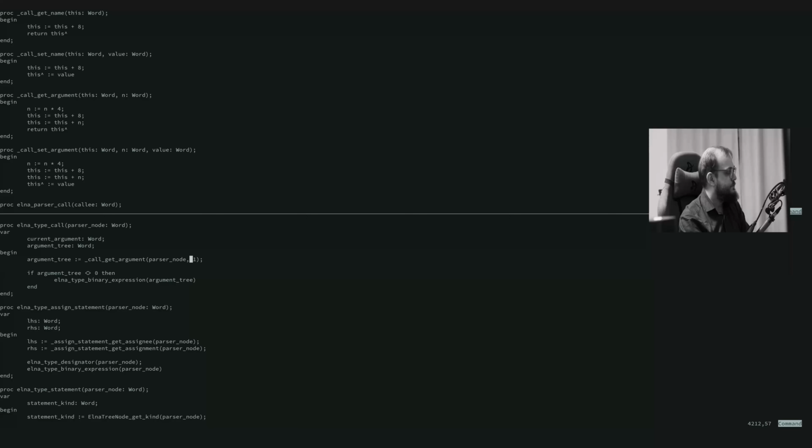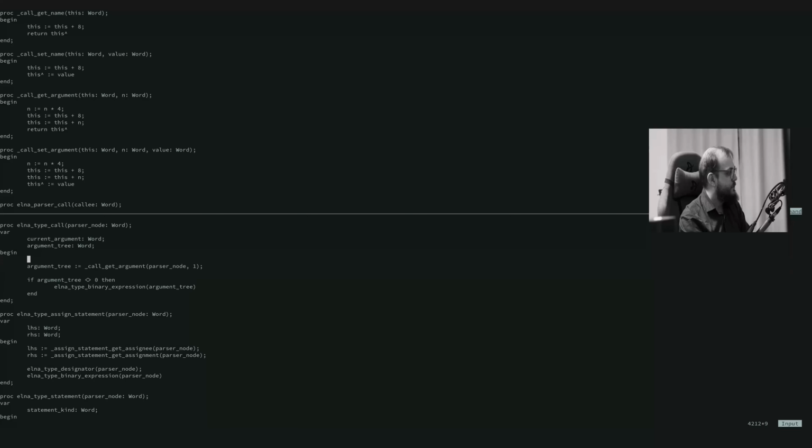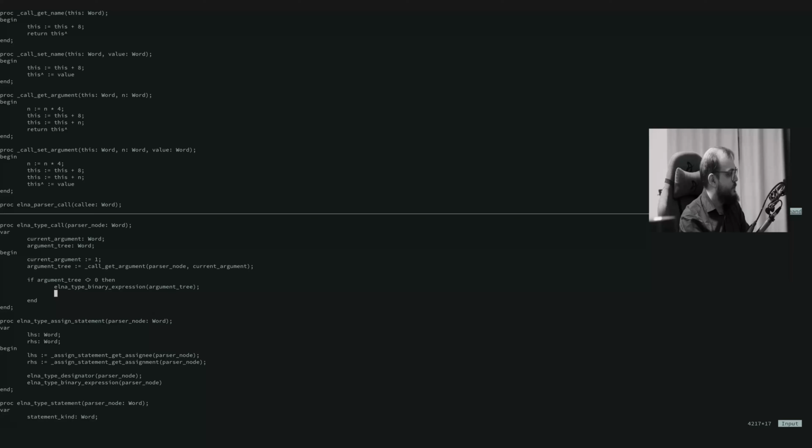So, and now we will say that current argument is 1, and we say that we want argument number current argument. So after that we increment the value of current argument. So we say current argument is current argument plus 1,